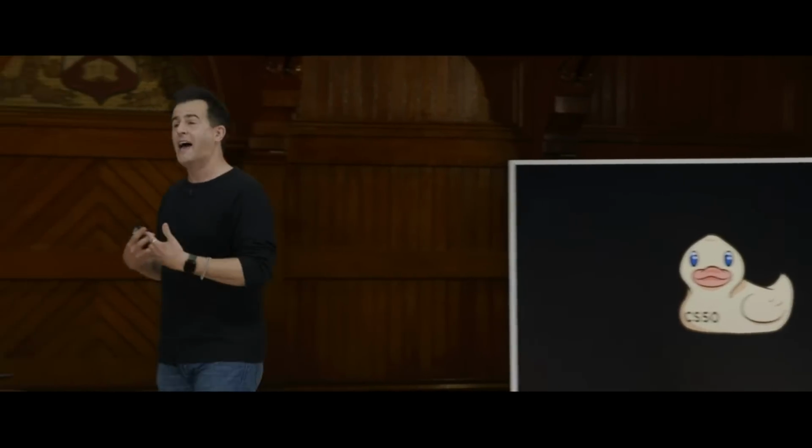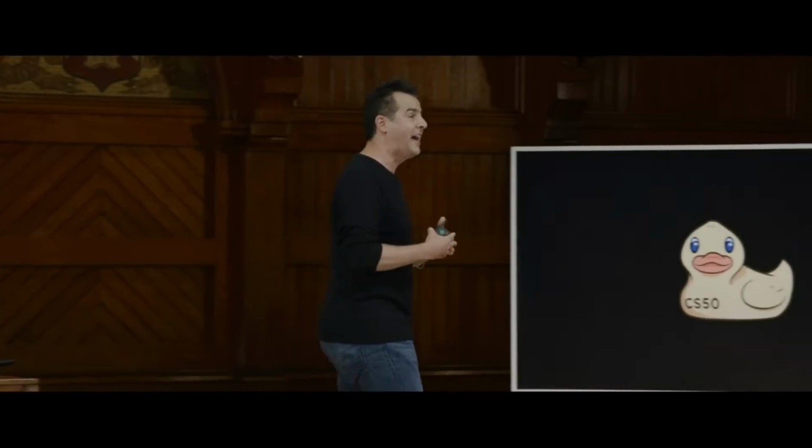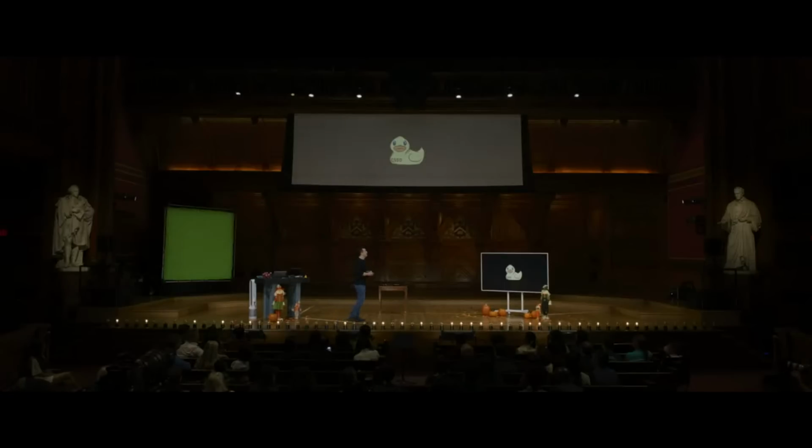And your students have been using artificial intelligence in some form within CS50 as a virtual teaching assistant. And what we'll do today is reveal not only how we've been using and leveraging AI within CS50, but also how AI itself works, and to prepare you better for the years ahead.